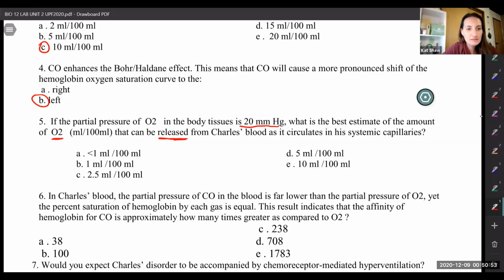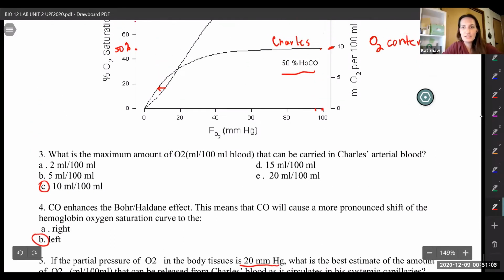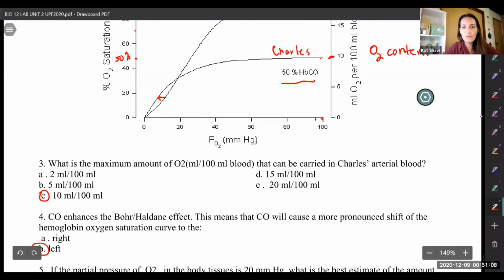A few saying 2.5. And Nicole, 7.5. 7.5 is important, right? But we're using it as one of our starting points here. And so what we're doing is we're saying when we leave the lung capillaries, represented here by our 100 millimeters of mercury,